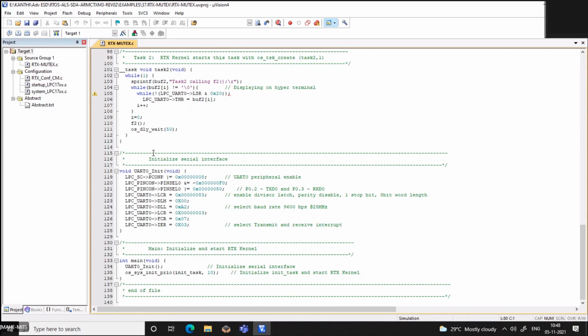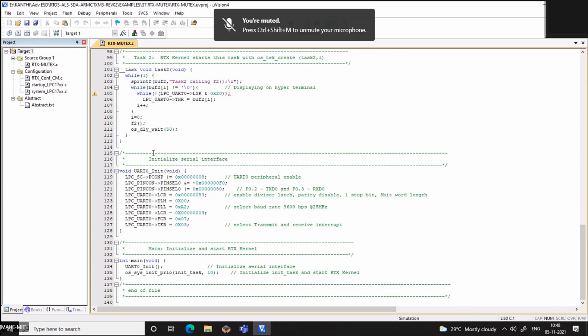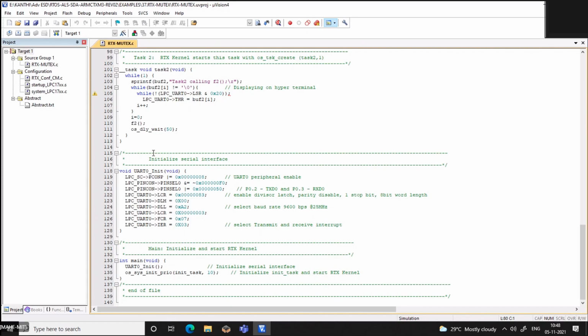That is okay, ma'am. My question is, if I specify 0xFF, the indefinite timeout period, and if I specify 2 ticks or 4 ticks of timeout period, what will be the difference in behavior? The difference would be that it will just wait for that much amount of time. If it is not released, you are giving enough time to do some processing in the other task, and it can release. That is what we are trying to do here. If you give too short a time, then you may not get the release.